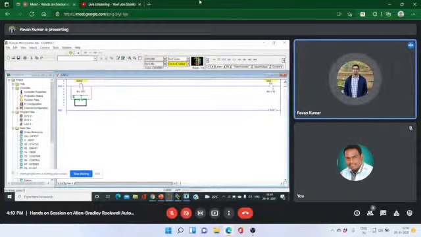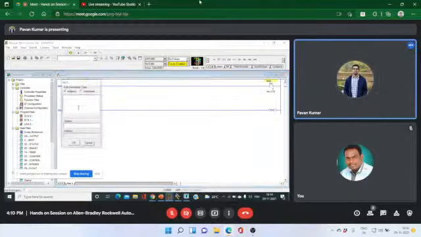We can give any address which starts from I:0/. In the first rung we have taken 0 here, but here we have to take 1. Enter the symbol, enable bit 2.